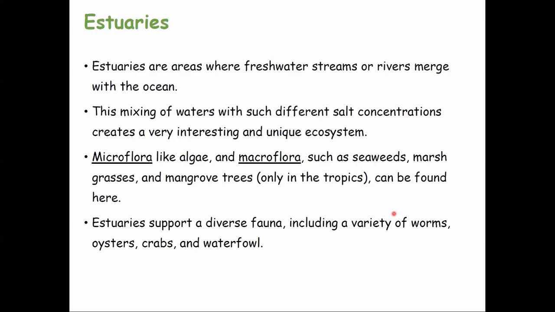When the freshwater streams and rivers merge with the ocean, the salt concentration of the water changes. Here you find microflora like algae, and macroflora like seaweeds and mangrove grass. Mangroves can be here, right? So estuaries have crabs and